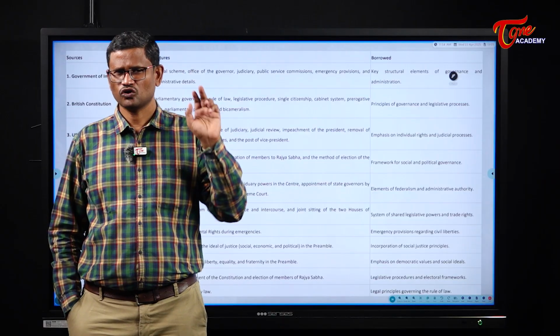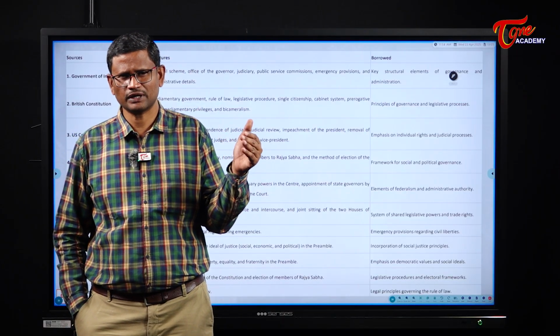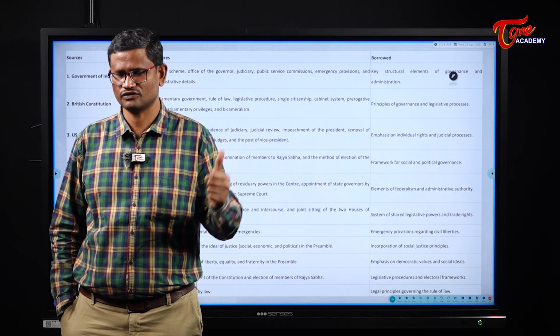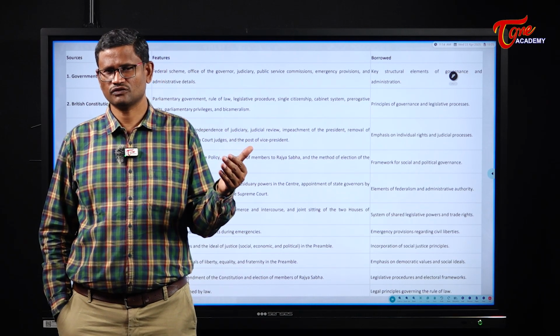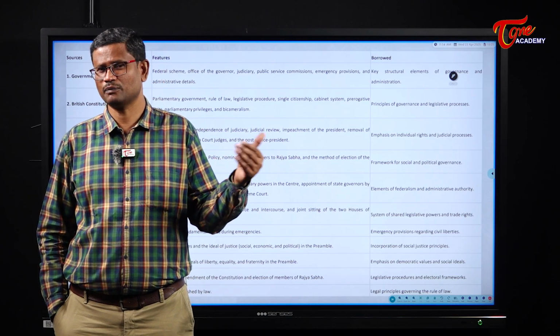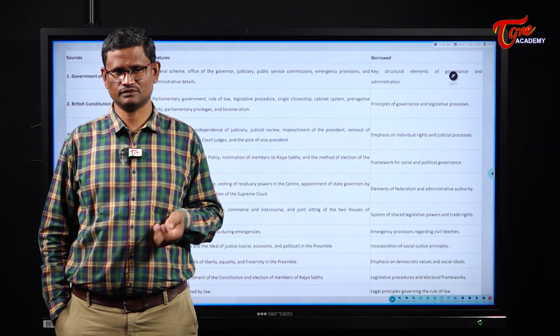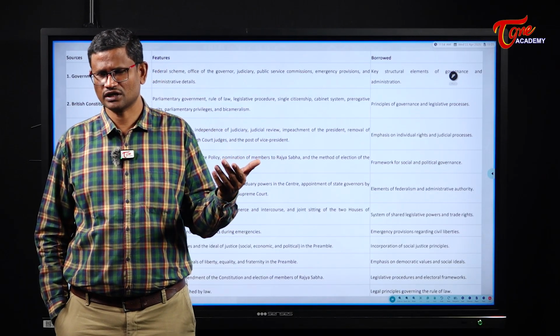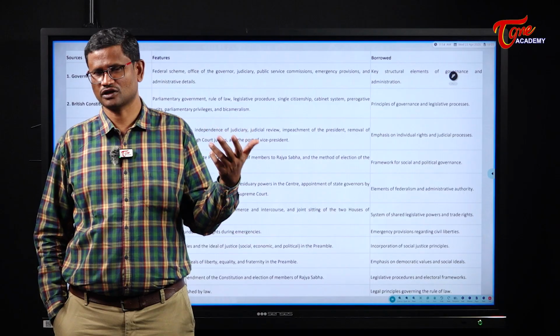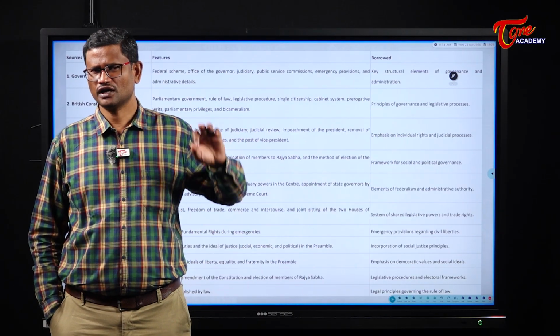So that's why the Government of India Act 1935 has a huge impact on the Constitution of India of 1950. That's why the Constitution of India of 1950 was also called the carbon copy of the Government of India Act 1935. In addition to the Government of India Act 1935, which had an impact on the Constitution of 1950, there are several